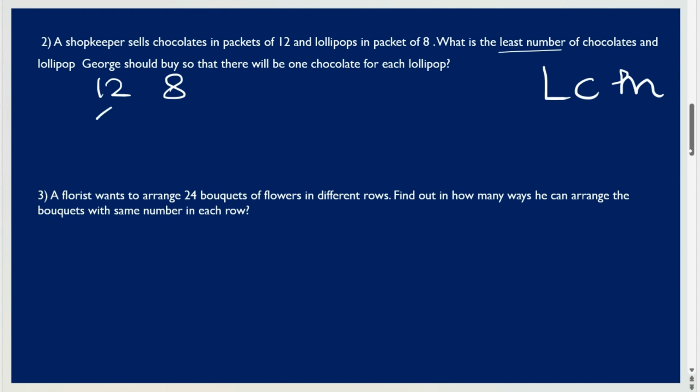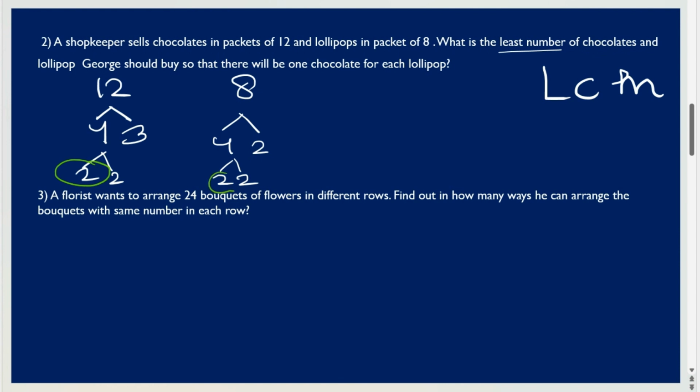So now let's use prime factorization. 12, we can do that into 4 and 3. Then we can make 4 into 2 and 2. Okay, 8. Let me just give it its own space. And then, okay, 4 and 2. And that's just going to be into another 2. Okay, now we want to make pairs. Here and here. So a pair of 2, another pair of 2,